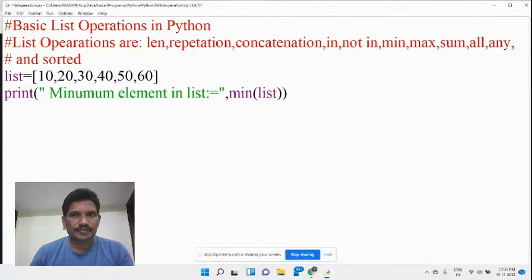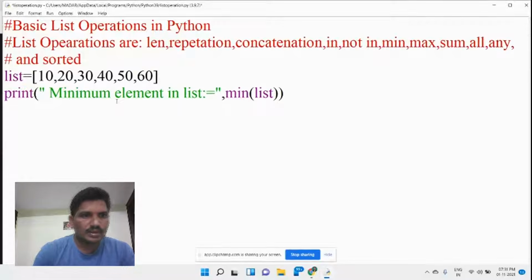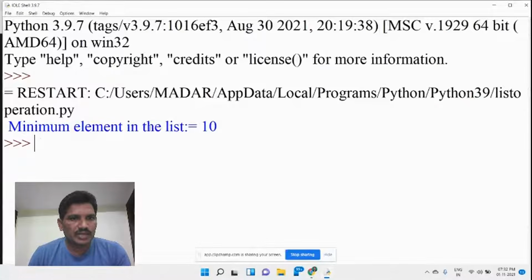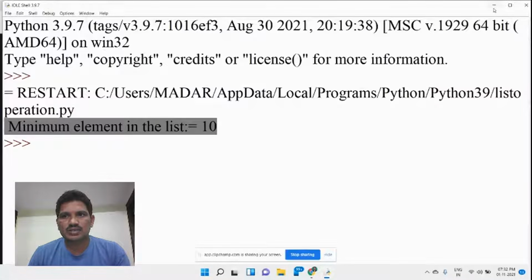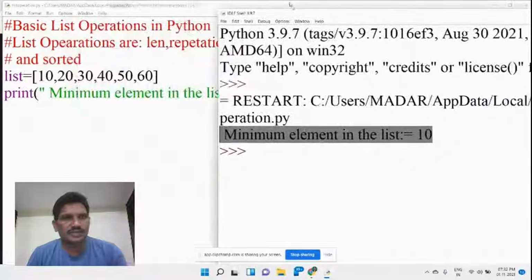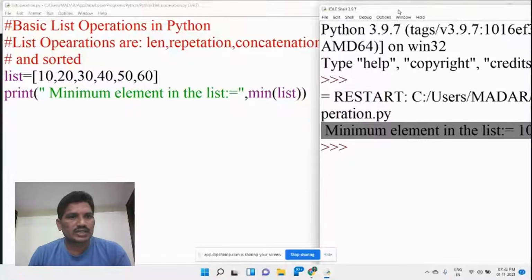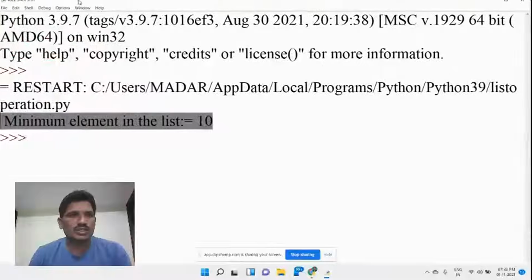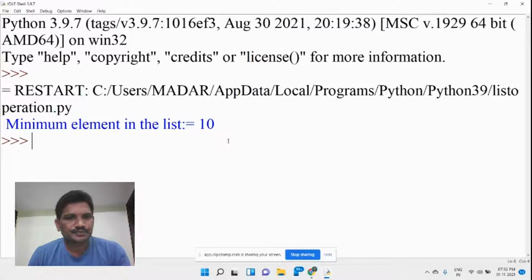The minimum element in the list, you should find. We don't write any such code to find the minimum element in the given list. By using the min function, we can find the minimum element in the given list. Then once you run this module, the minimum element in the list should be 10. Check it once, what is the element that has been given? See here, 10, 20, 30, 40, 50, 60 has been given. What is the minimum element in the given list? 10, because here also we got the answer, the 10.